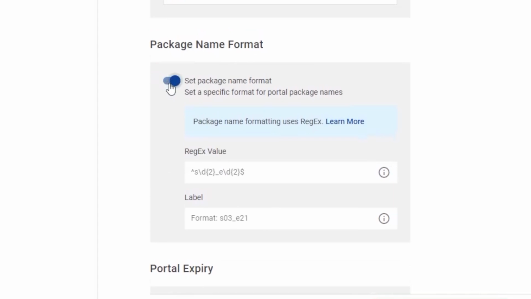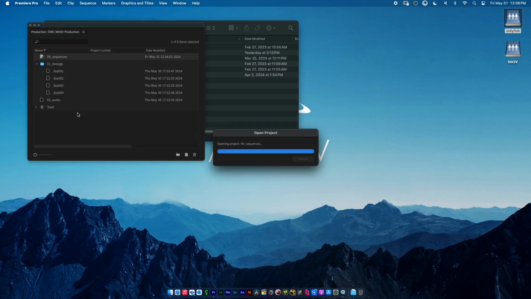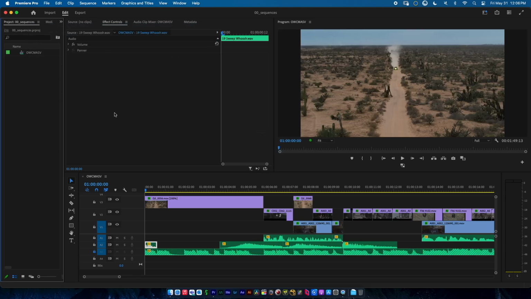So Connor, when we're ready for final delivery, how do we receive materials on the Jellyfish? Yeah, so once we've received everything through that MASV portal, we can compile the project back together in Premiere or another piece of software and hit that render button. And with those rendered assets, those final assets, anybody who's connected to the Jellyfish can have access to those so that they can put them where they belong, whether that's a producer uploading a feature film,